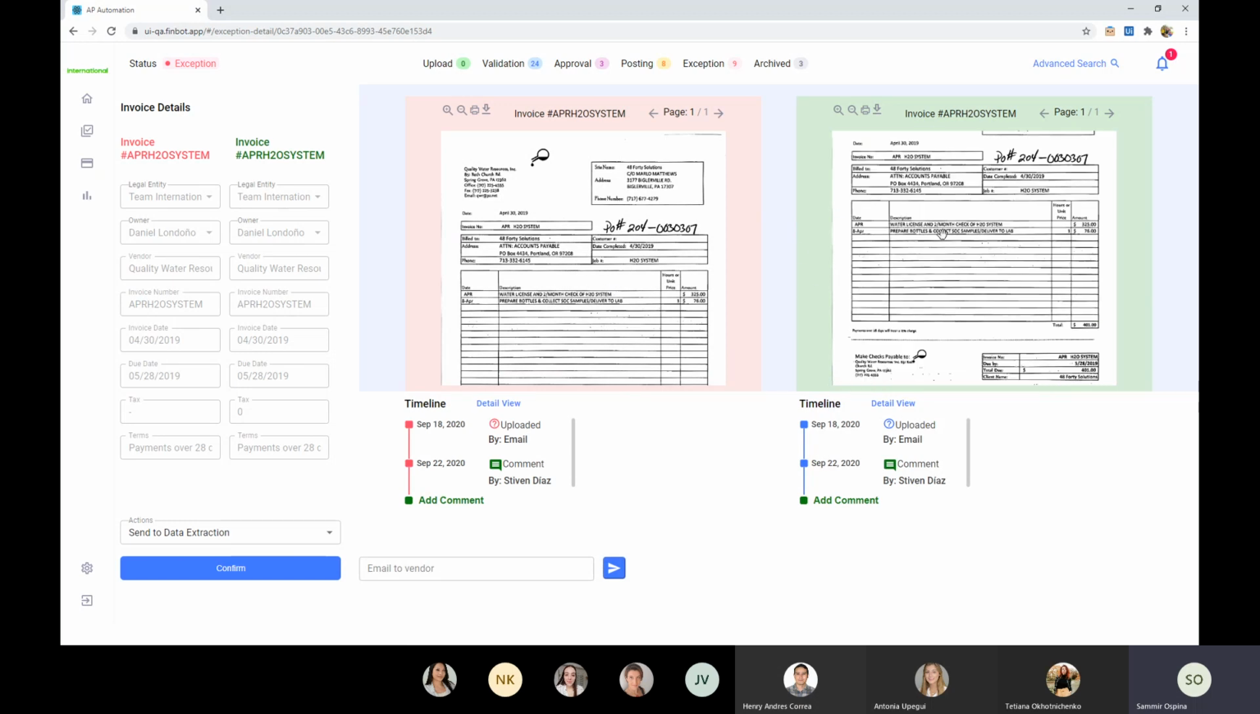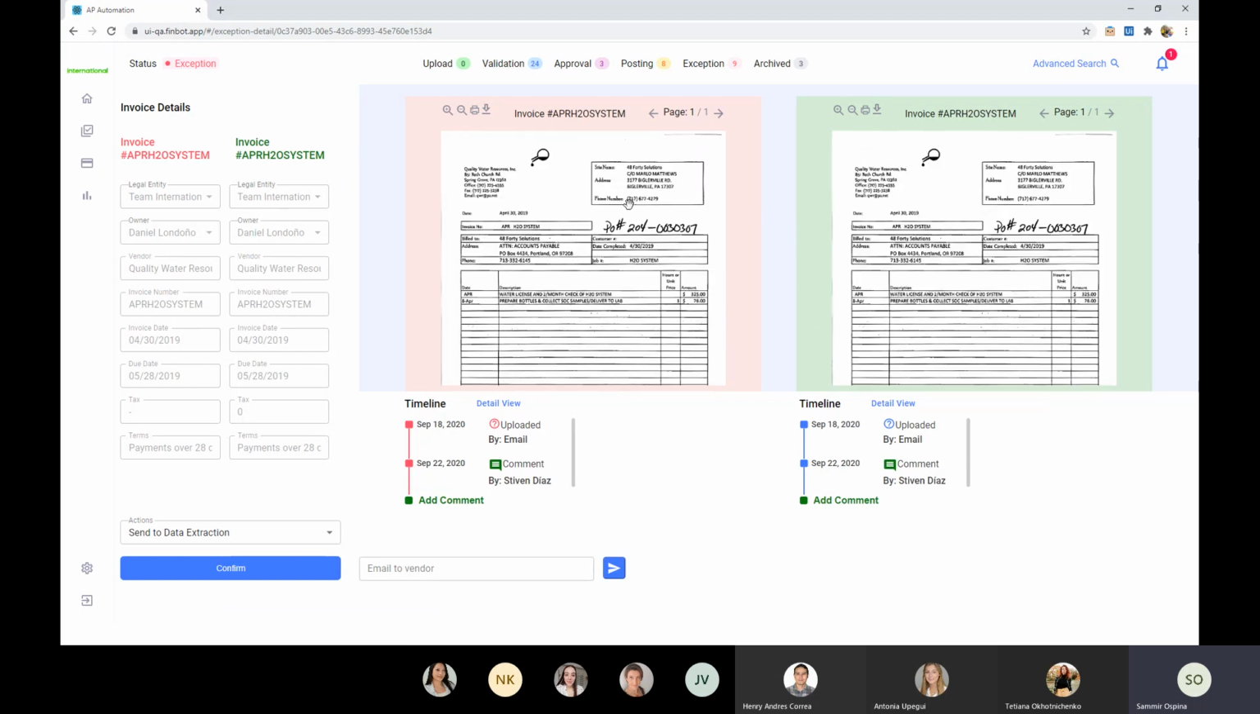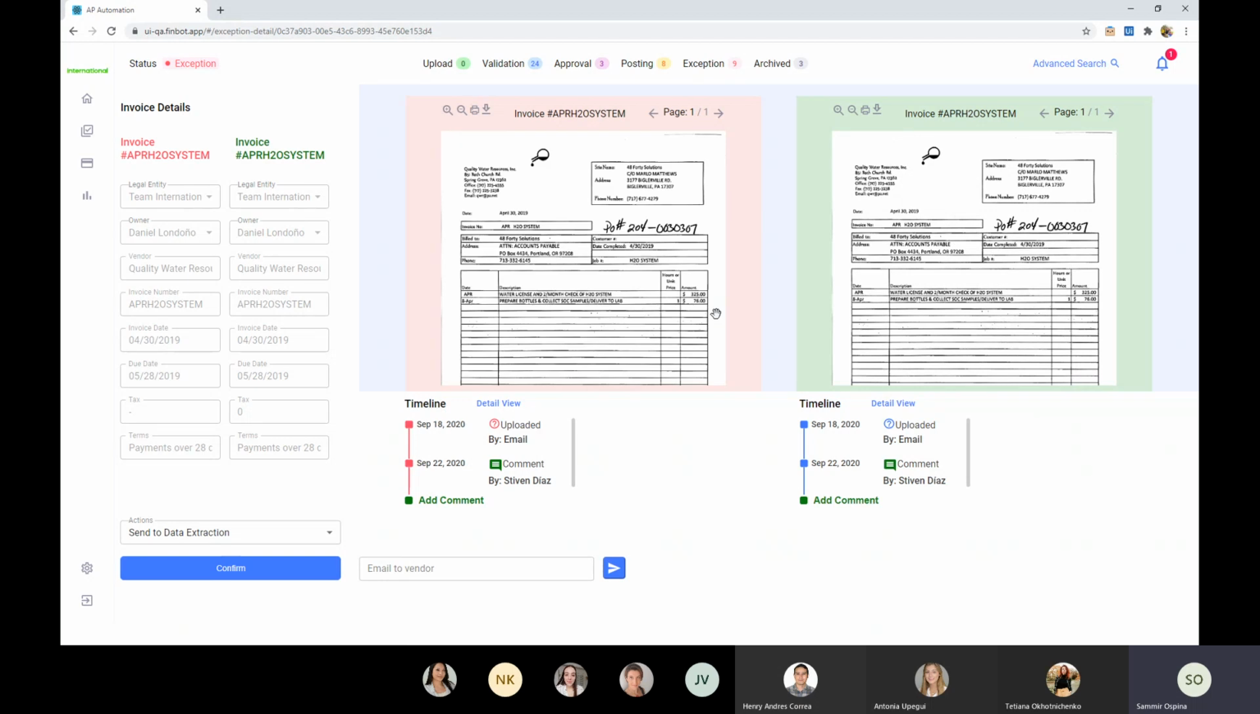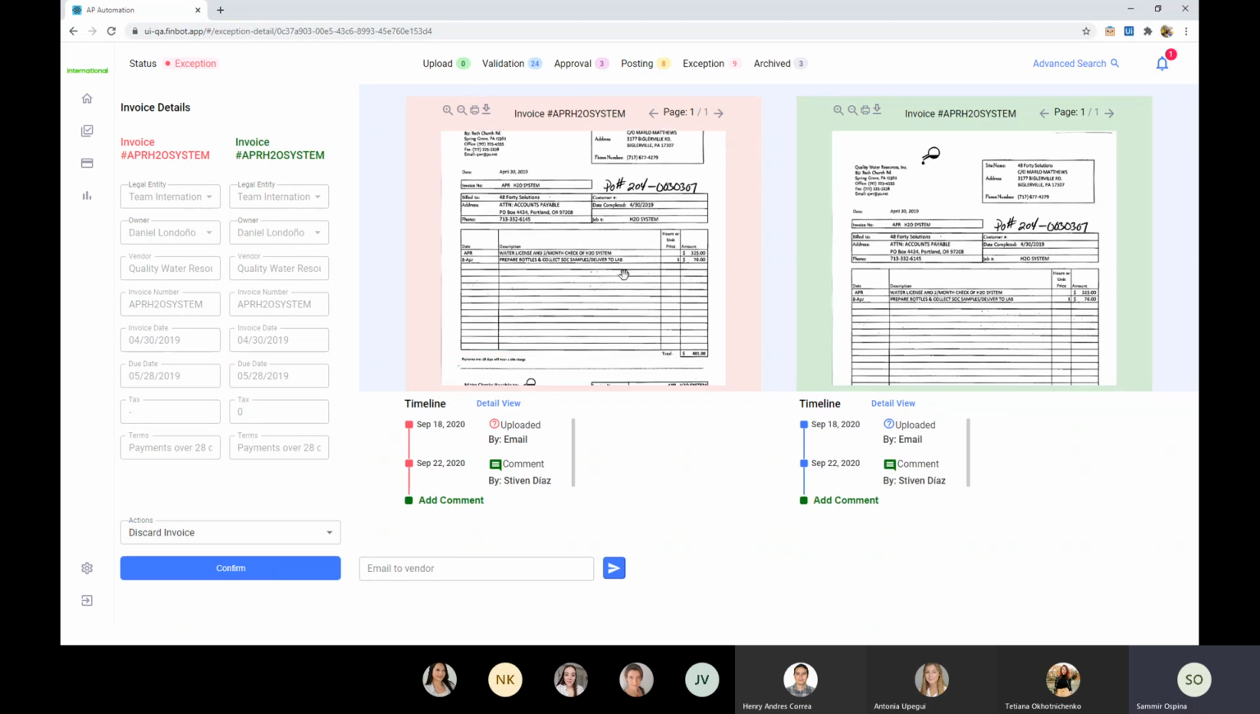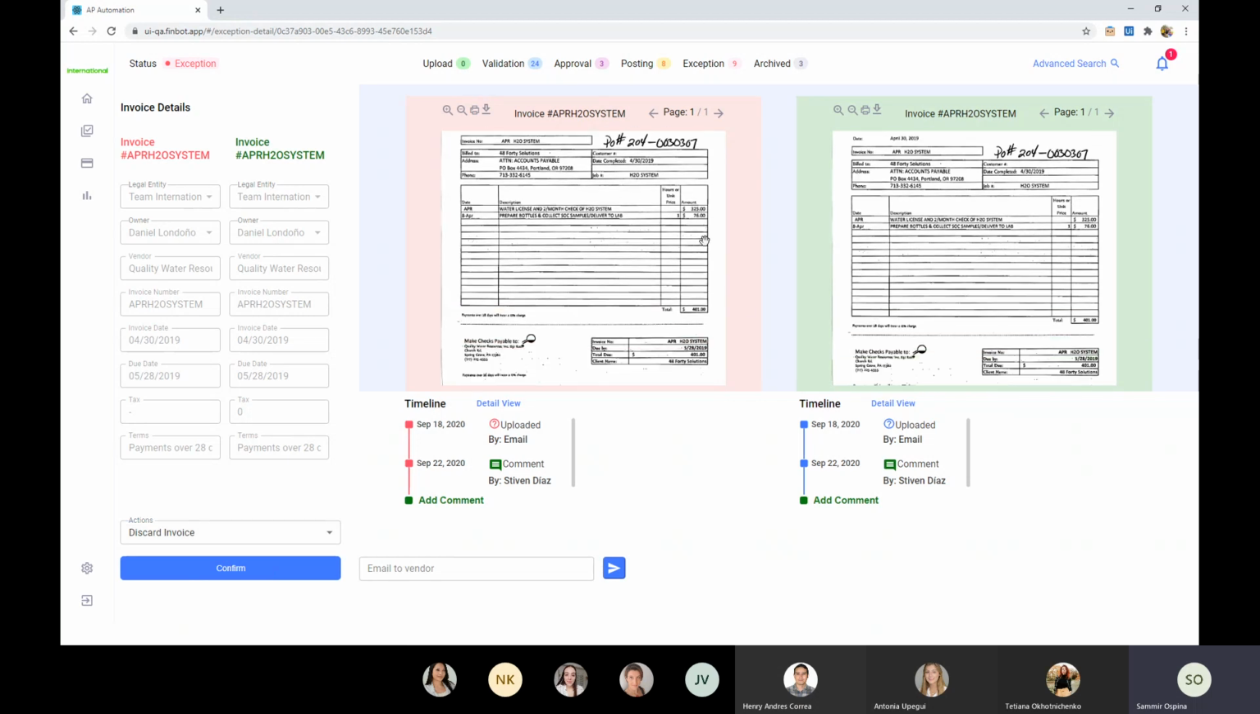Sometimes, and we show that here, they have the same number and are from the same vendor, but the invoice is different. In those scenarios, you cannot post two invoices from the same vendor with the same number to your ERP. So to avoid that issue at the posting stage, we allow users to interact with this and define, hey, this is actually a duplicate invoice, so I just need to discard it and confirm that discard. Or if this is actually a different invoice with the same number, then I can just select